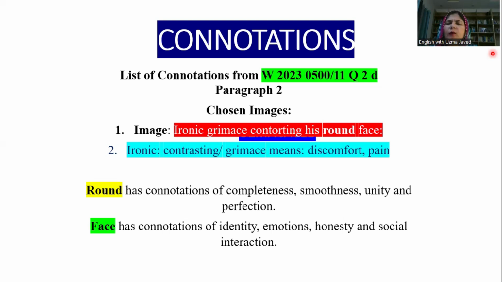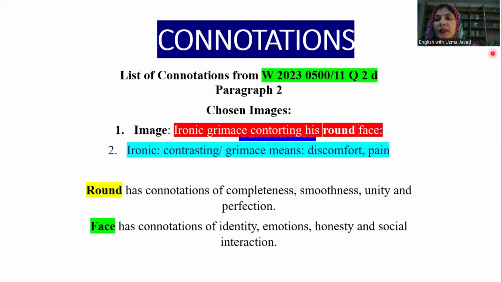Let's first understand what a connotation is. Connotation, the literal meaning of this word, is association or link. For example, I speak the word red in front of you. Some people might say that red color reminds them of danger, or a red light, which means a stop sign, or it also reminds you of roses, or of a wedding or bridal dress. So you see, there are so many associations in our mind according to our culture, our observation,